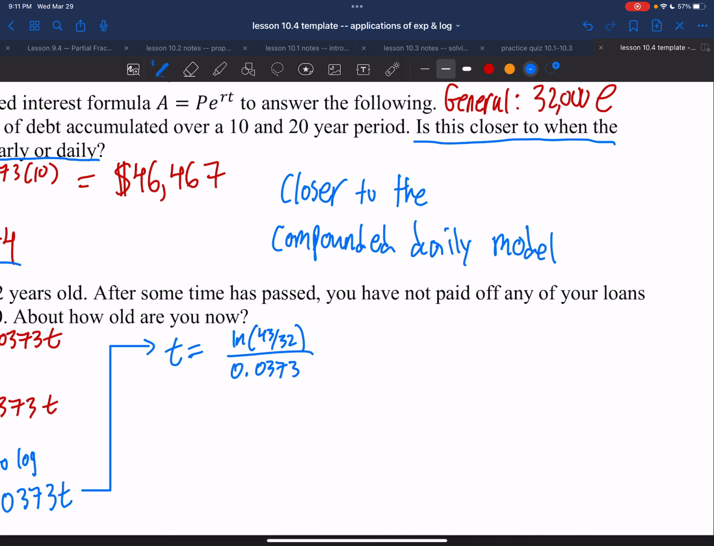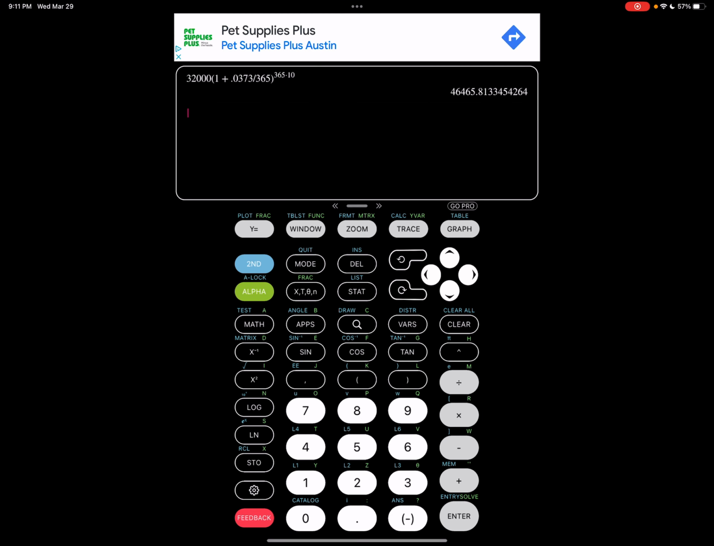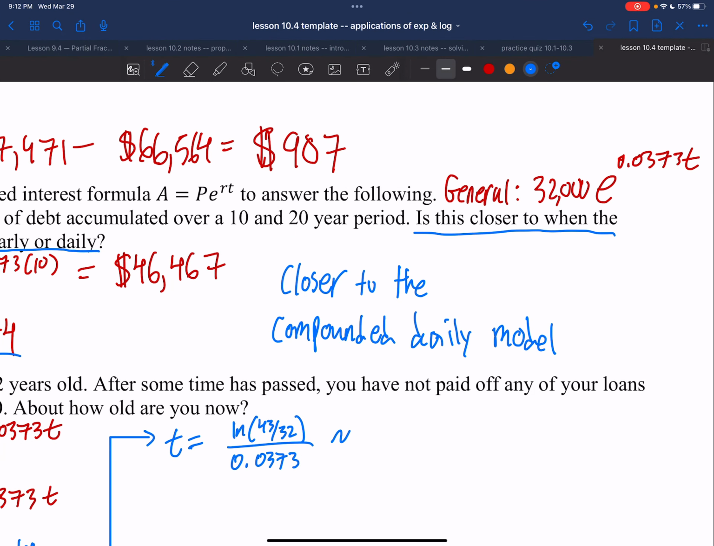Now that you found this expression, you can calculate this, okay? Calculate this, and then you can round that, okay? So what we've got here is natural log of 43 over 32, and this is being divided by 0.0373 equals 7.92. I'm just going to round to 2 decimal places. This is roughly